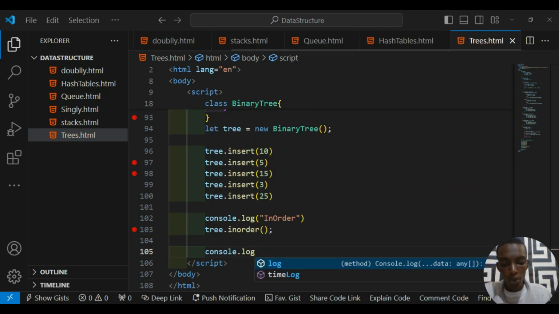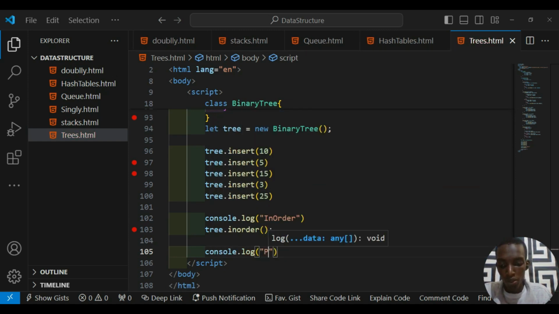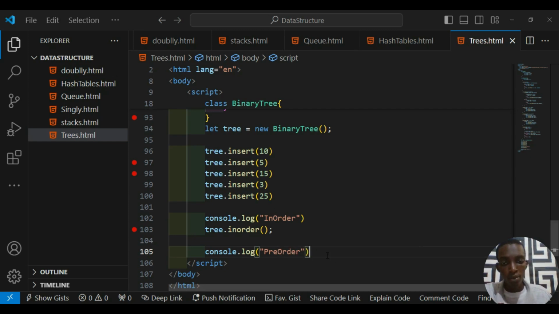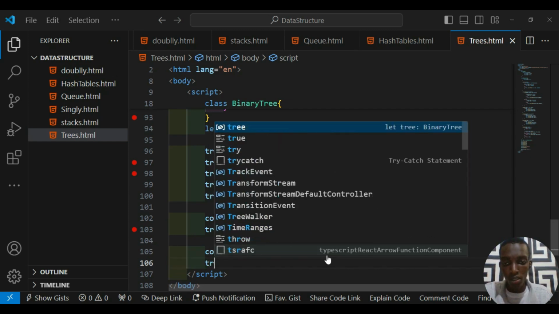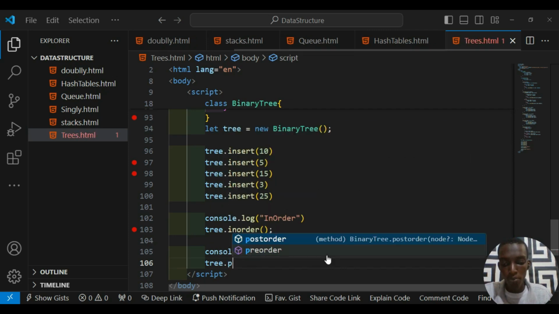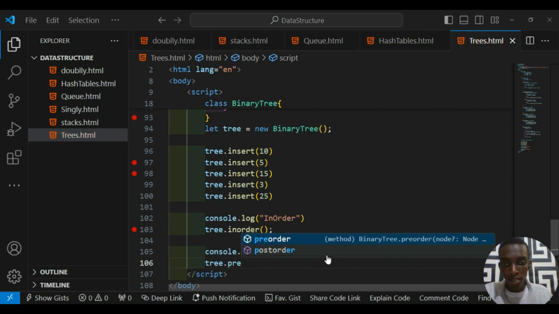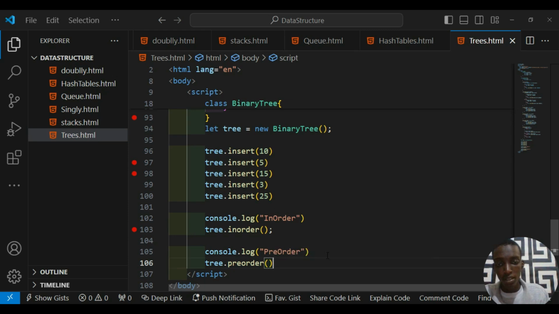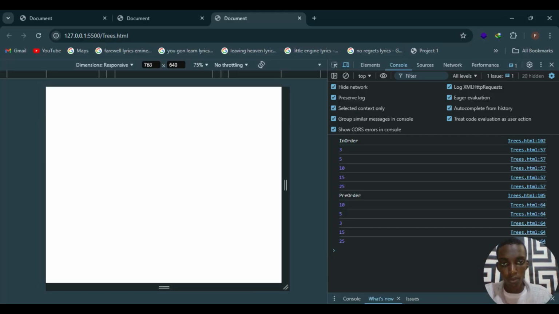So we're actually working with the pre-order traversal. I could say pre-order, the pre-order traverse. Now say tree dot pre-order. If I put this and come to the output, we'll be having something like this. In the pre-order, you can see we're having 10, 5, 3, 15,